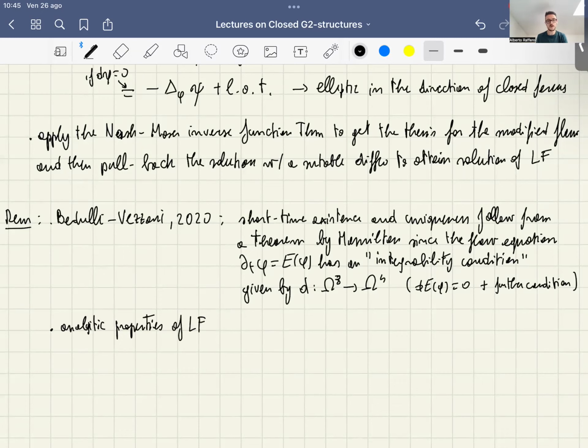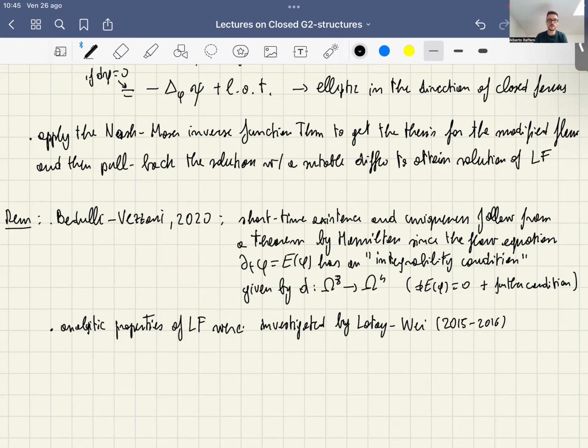of the Laplacian flow were deeply investigated by Lotay and Wei in a series of three papers, around 2015, 2016, where they obtained long-time existence criteria that are based on the curvature and torsion estimates of the flow. They obtained backward uniqueness, real analyticity of the flow, and moreover, they also proved that the flow is dynamically stable